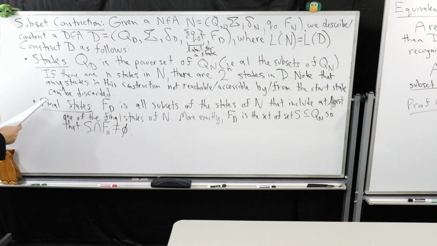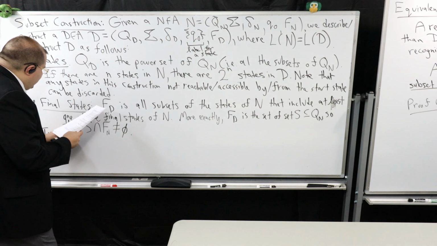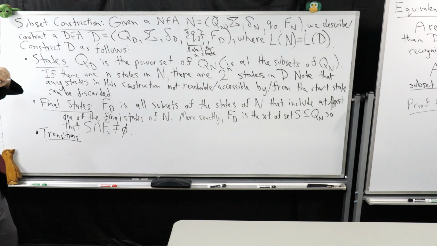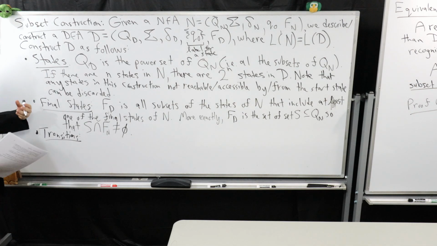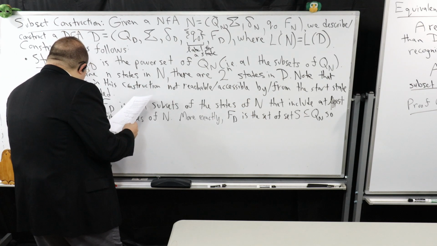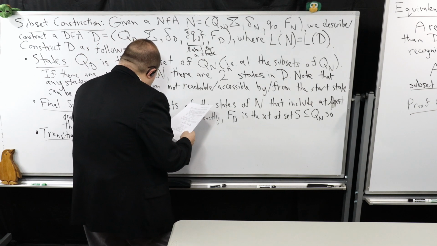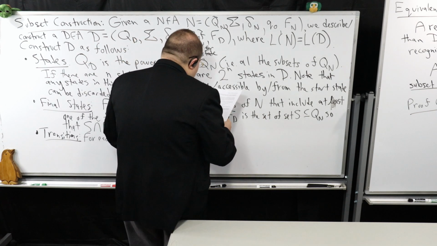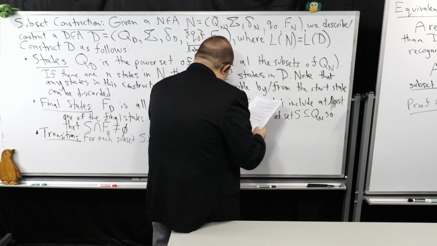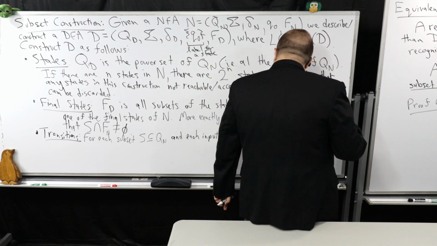Because I'm going to talk about what a transition is in this. I believe I've described everything to you, because the start state is described up there, and the alphabet doesn't change at all. So all we have left is to talk about delta D. For each subset S, which is a subset of Qn, and each input symbol A, which is one of the input symbols,